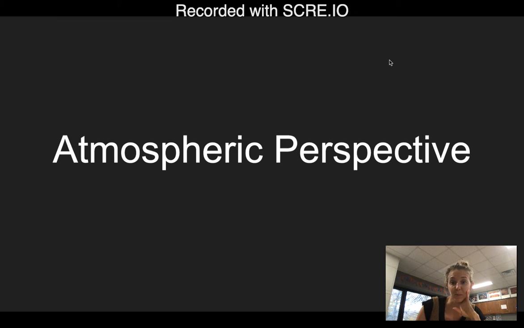Atmospheric perspective is a very fancy art term for showing space, showing that there is air around us. Often, we notice that the most when it's foggy out. We can really tell that that air is heavy. It's creating distance. And we're going to look at some examples that show how we're going to use this